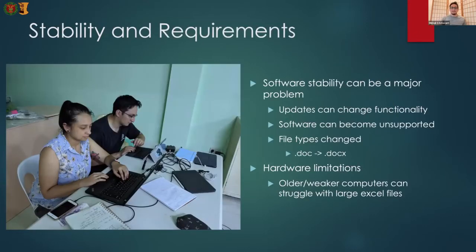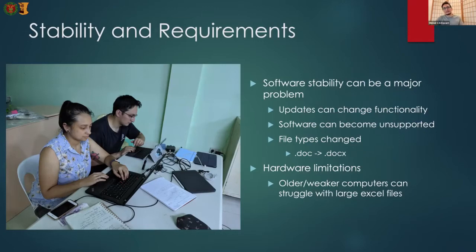And then also, I think a big issue that is not talked about too much is software stability and hardware requirements. So if you're working in a software that gets unsupported, or the file types change, or it even gets updated so that the thing you were doing in it doesn't work anymore, all those things can break your workflow, and even make it nearly impossible to access the files you're using.